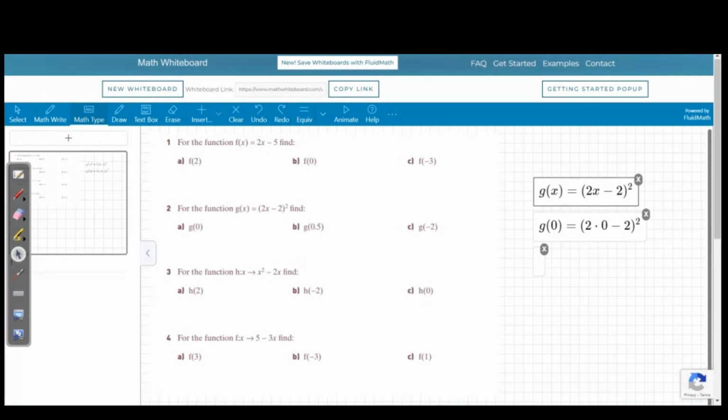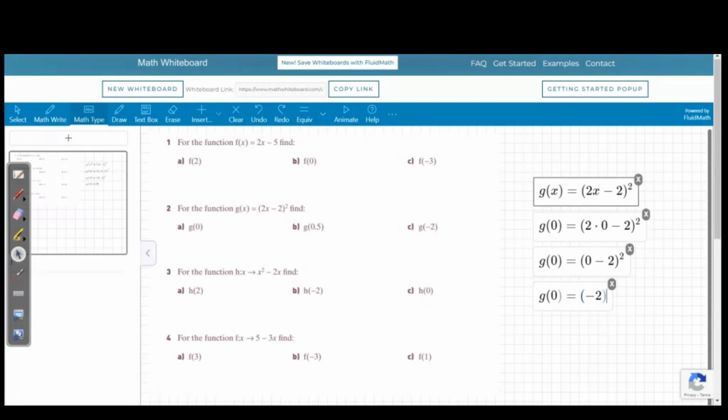So our g of 0 is equal to, let's open our brackets, we have 0 minus 2 all raised to the power 2. And this gives us g of 0 is equal to, let's open our brackets, negative 2